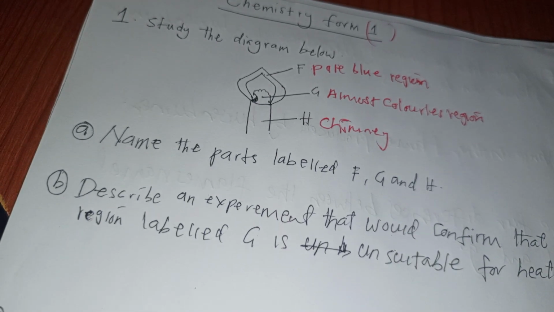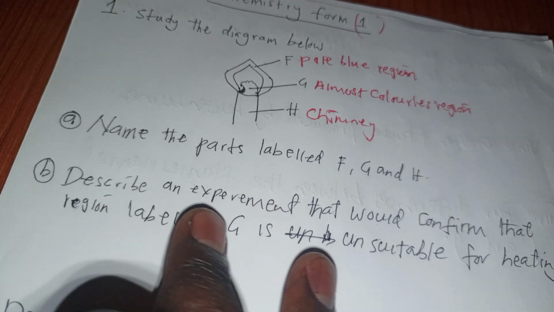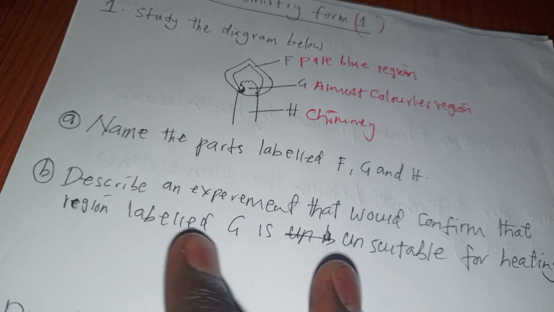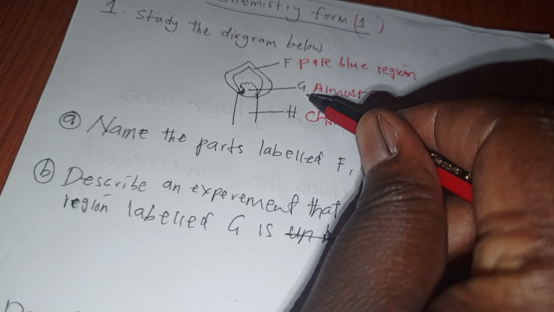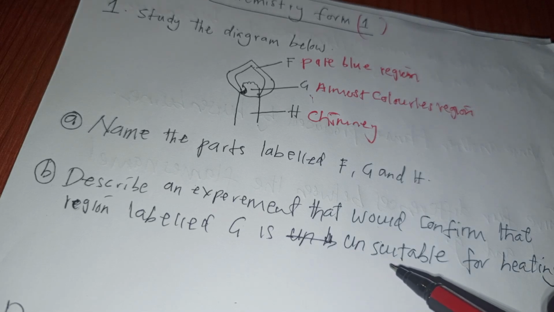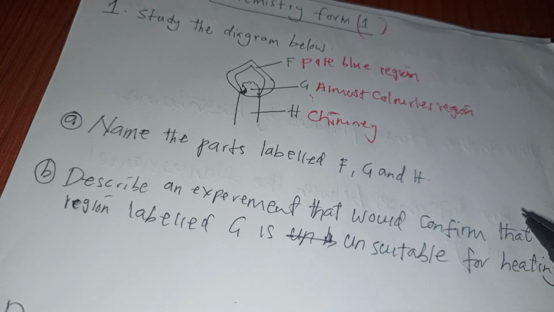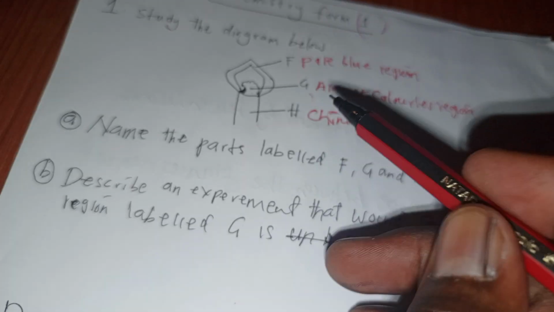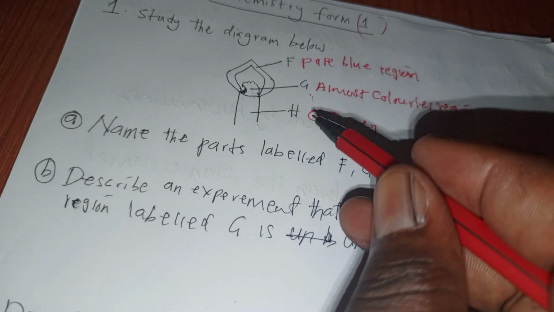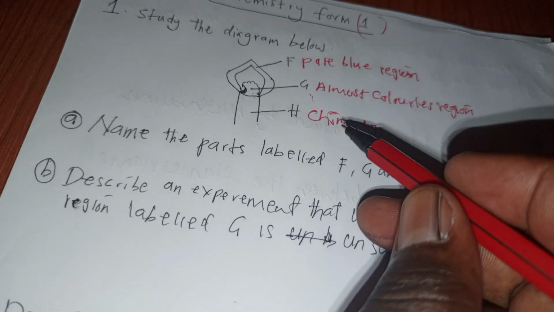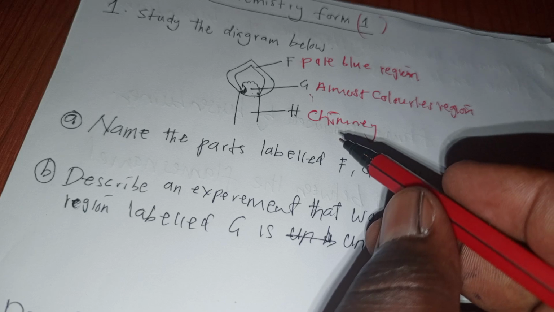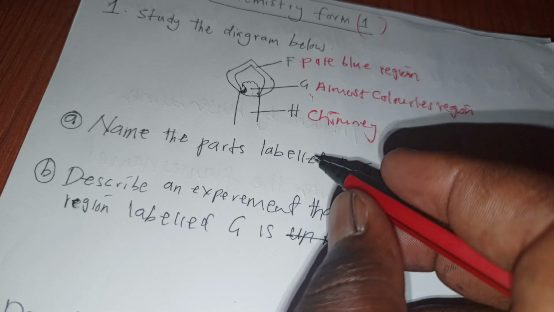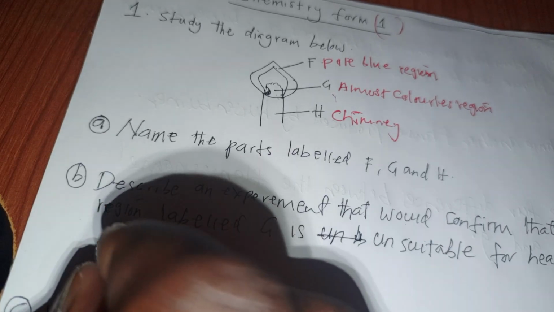Question B reads, describe an experiment that you can do to confirm that the region labeled G is unsuitable for heating. So this part G is unsuitable for heating, because it contains what we call the incomplete combustion of the methane, which is the hydrocarbon. So now the explanation that I'll give here, I'll say: